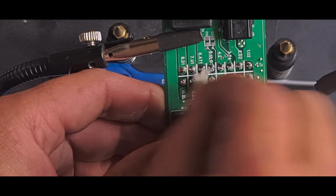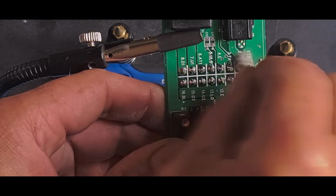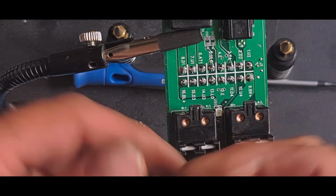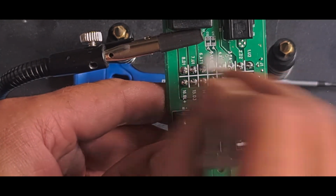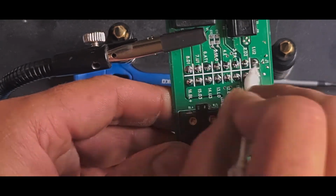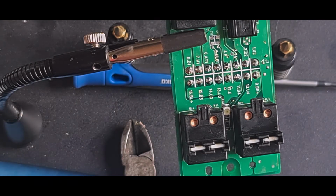It does corrode if you have a harsh flux, tree resin based flux, it can rot copper. So although they say flux doesn't damage the board, it doesn't damage the solder, it does actually damage the copper. It'll turn the copper green and make it all furry. So you really want to get as much off as possible. You don't want flux on the actual copper when it's finished soldering. If you don't believe me,